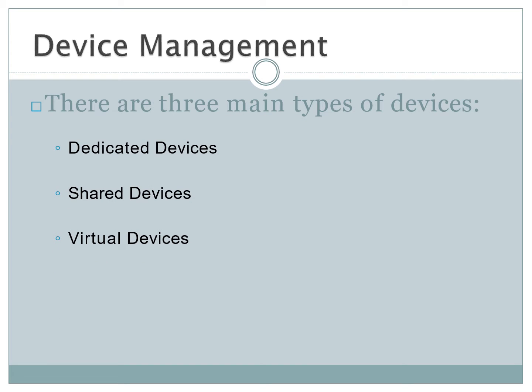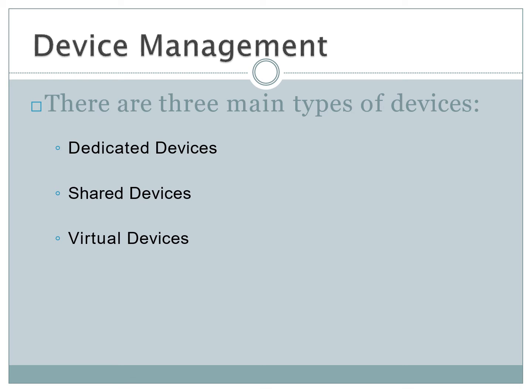There are three types of operating system peripheral devices, namely dedicated devices, shared devices and virtual devices. Dedicated devices are those devices that are dedicated or assigned to only one job at a time, for example printers, tape drives, plotters, etc. In dedicated devices, it is not possible for several users to share such a device at the same time.